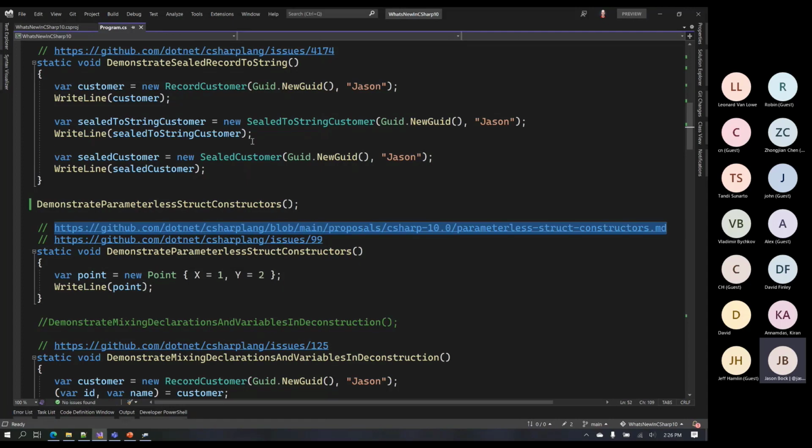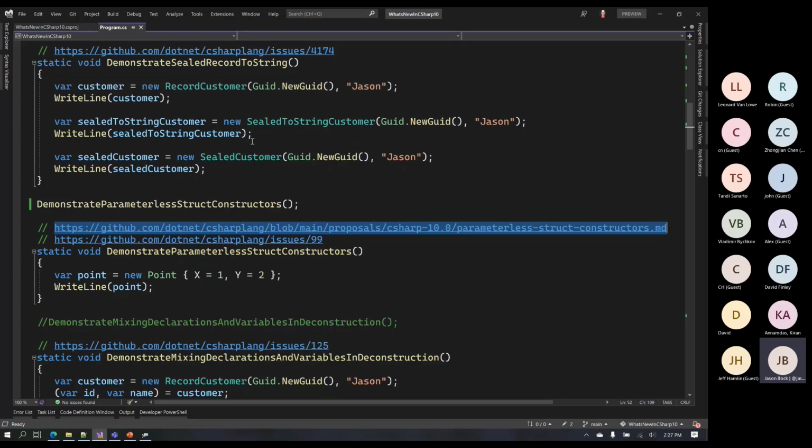And the reason why I said the feature looks simple, that I just added a constructor with no parameters, doesn't mean that it's actually a simple feature. I would recommend looking at this document and seeing all the cases that you have to keep in mind if you want to do this with a struct and with properties and initializers and setters and all this other stuff.